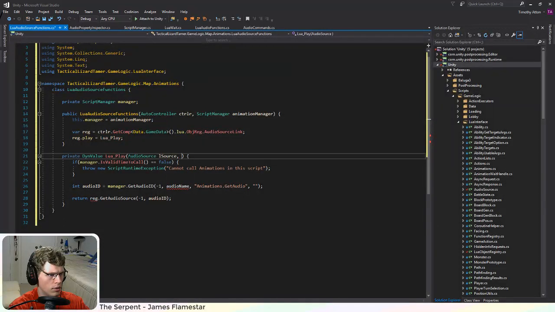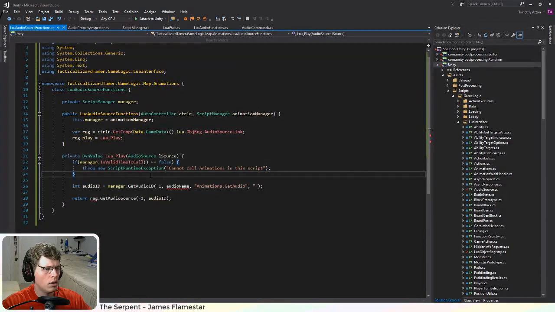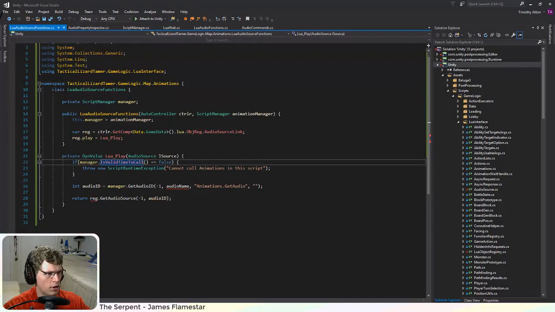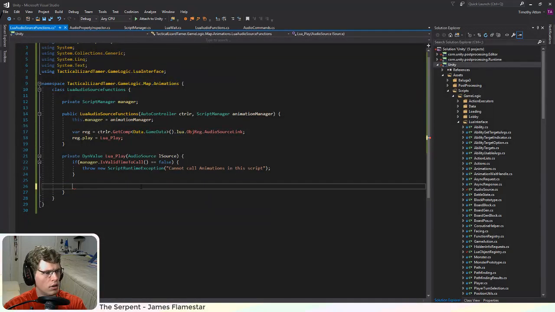That's the Lua source, and then that's it. Okay, so again, we'll need to check if it's a valid time to call animations. And I don't really have to do any other validation here because audio source, we know it's already fine because it was given to Lua from the function we just created, so